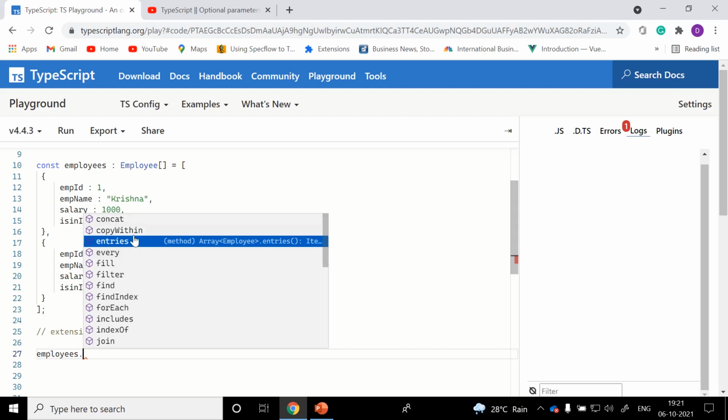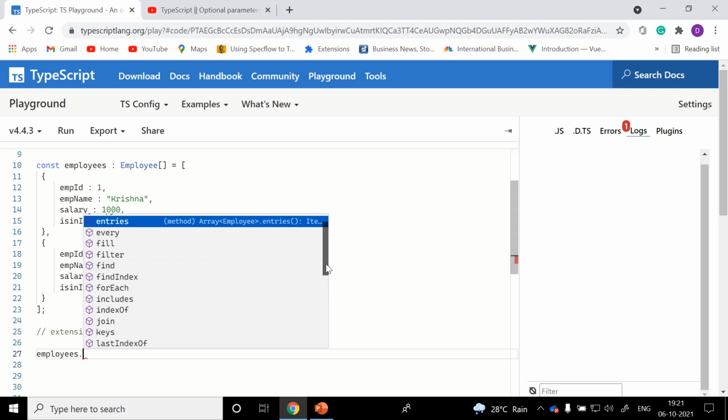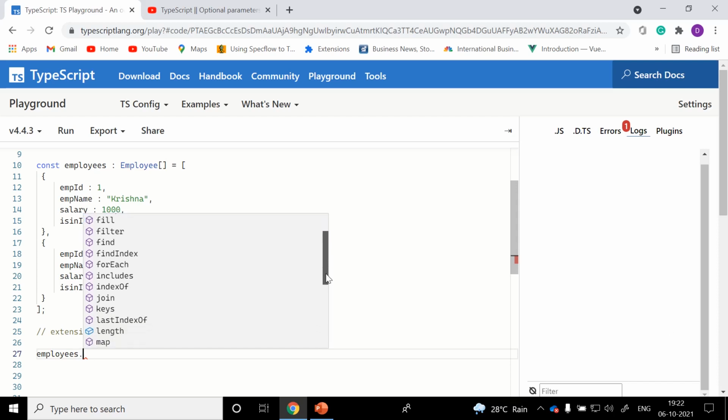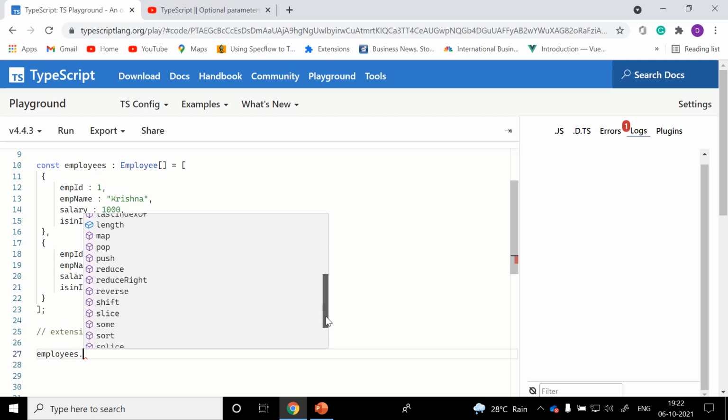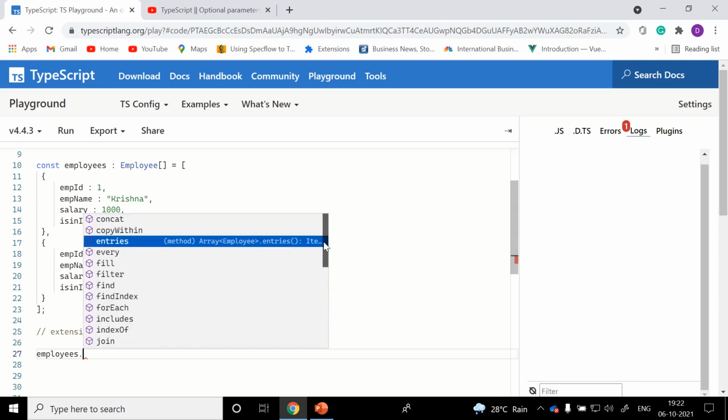Commonly used extension methods are find, which is one of the most commonly used, and findIndex, forEach, indexOf, join, map, push, pop, reduce, shift, slice, sort, splice. These were the commonly used extension methods, but in our upcoming sessions and the current session, we'll try to see each and every extension method present in this array object. In this session, we'll learn the use of concat, copyWithin, and entries. First, we'll see what is the use of the concat extension method.